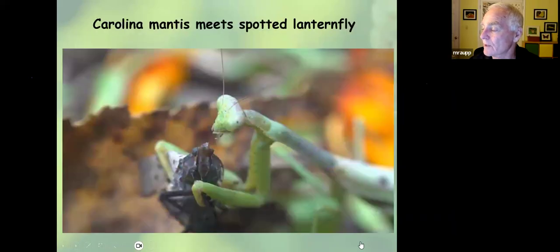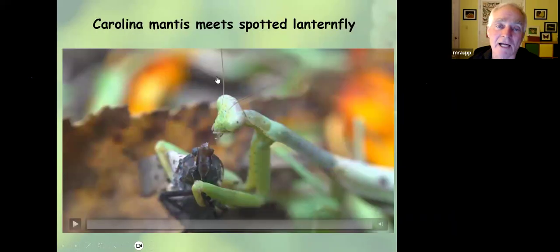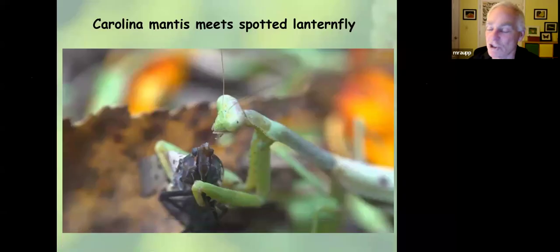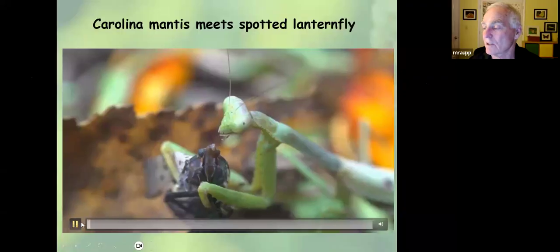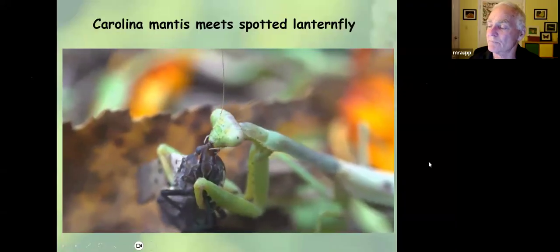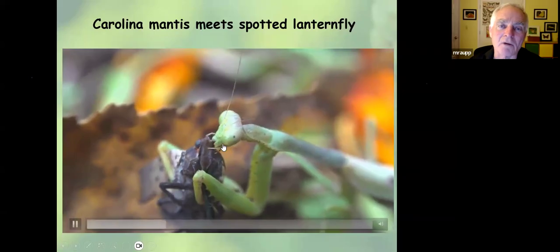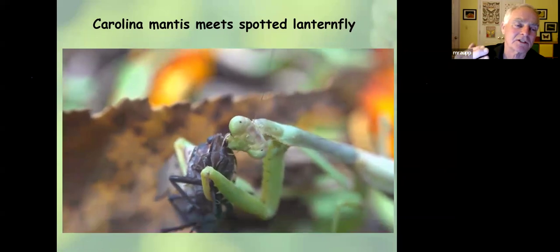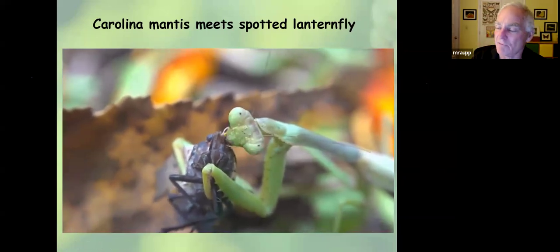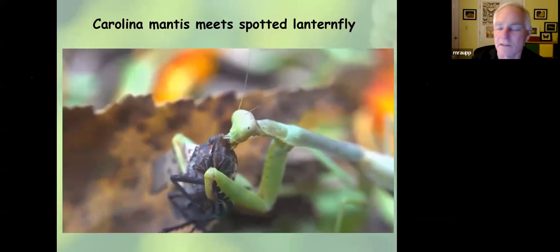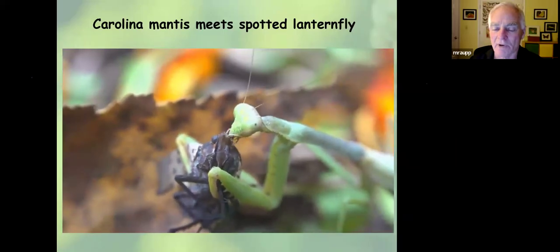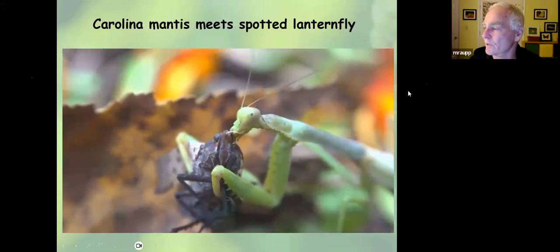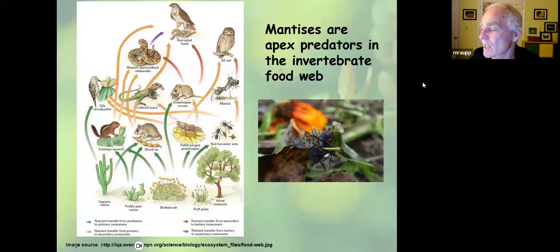Go on to the next one. Now, I also have a Carolina mantis in my landscape. Let's see what she did with the spotted lanternfly. Well, she was much more demure. She started on the eyeball and ate the eyeball off before she continued on. But whereas the Chinese mantis would eat as many as I gave her, this one only ate a couple lanternflies at a time. So again, praying mantises, very important in helping control these invasive pests. They also eat things like brown marmorated stink bugs.